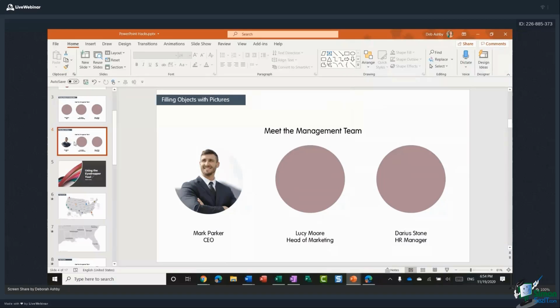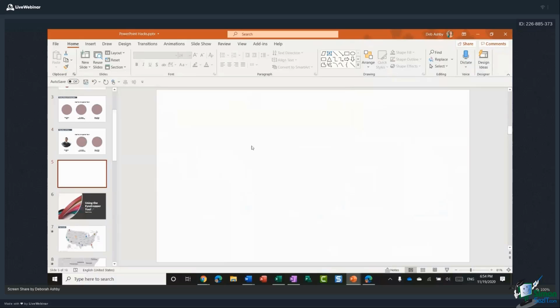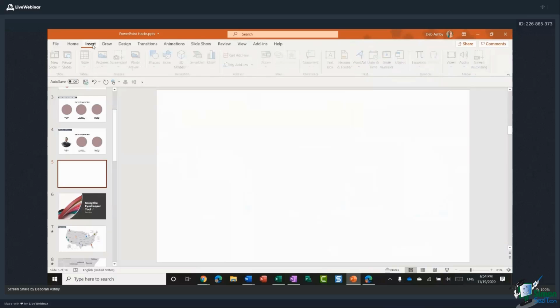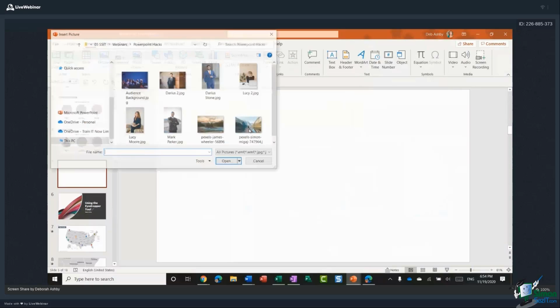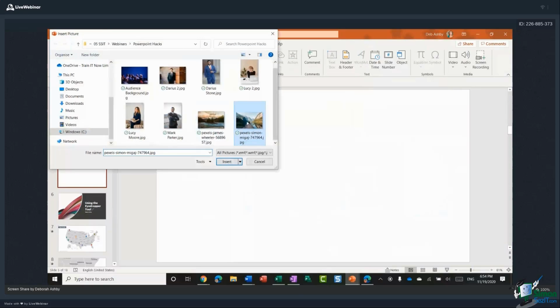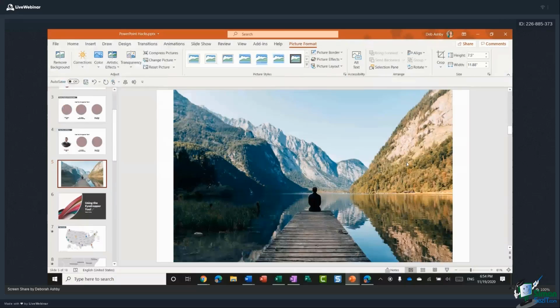So let me show you a quick example. I'm going to add a new blank slide and I'm going to insert a picture onto this slide. So up to Insert, down to Picture, and I have a picture saved off onto my PC that I'm going to use. And it's this picture just here. I'm going to click Insert. So it's inserted this picture in and it looks fine at the moment, but you see that I have some blank space running down the left or right hand side.